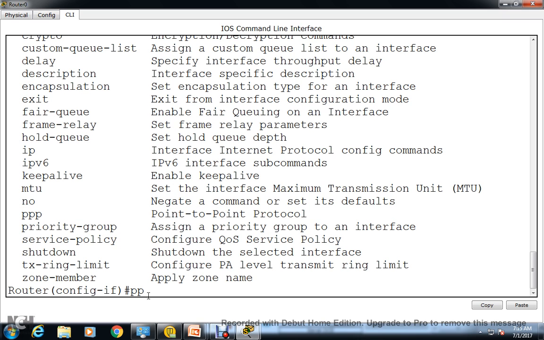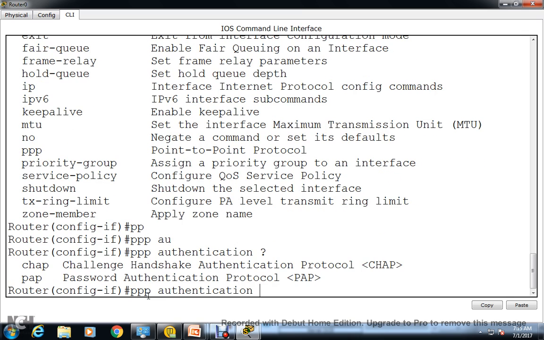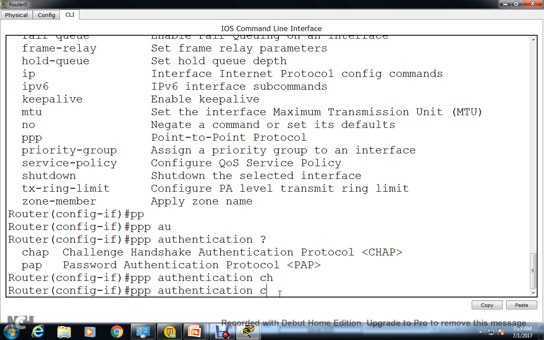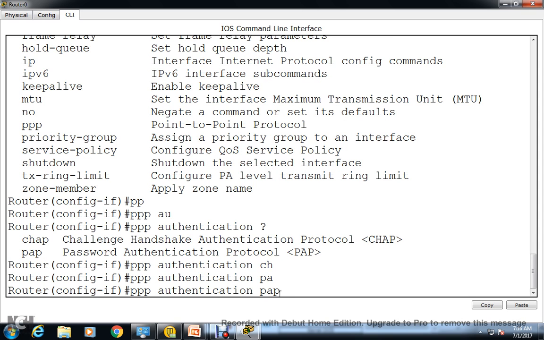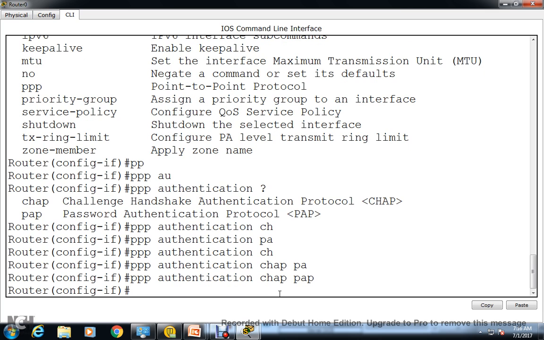So PPP authentication. Now again hit question mark. So we have two options, PAP as well as CHAP. So if you want to configure CHAP, you can configure CHAP. If you want to configure PAP, you can configure PAP. If you want to configure both, you can configure PAP as well as CHAP, and hit enter and exit from the